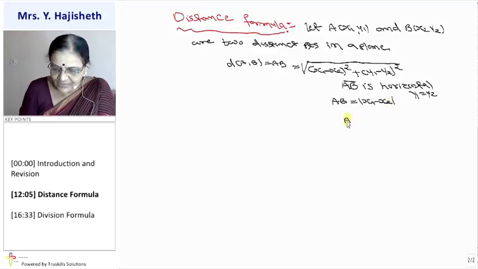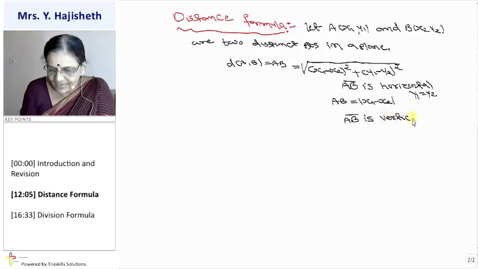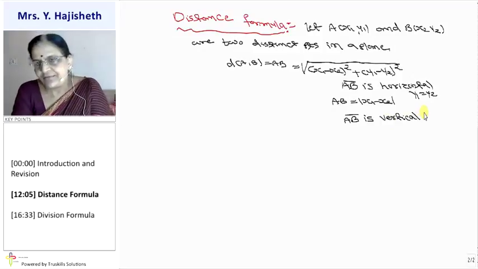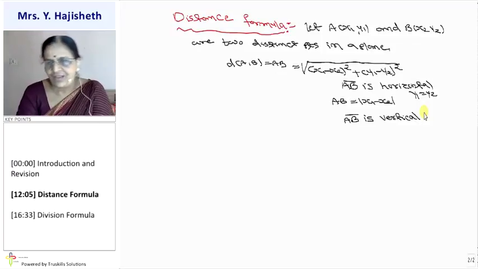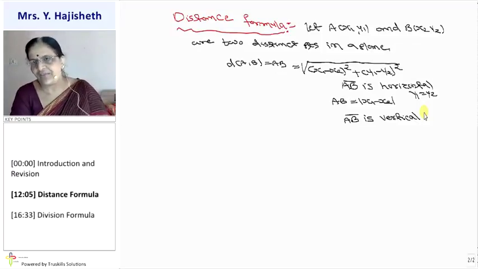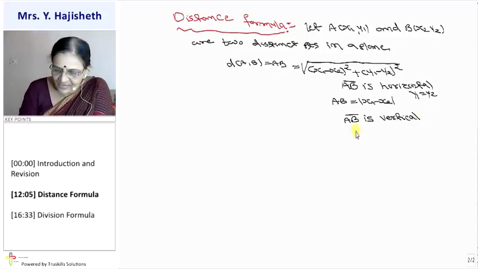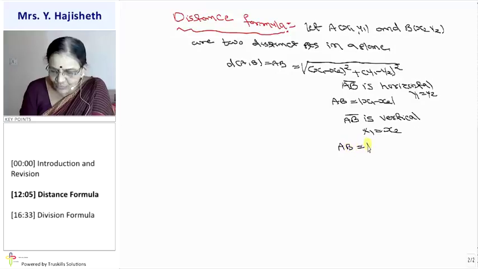If AB is vertical: any vertical line, its equation is x is constant. Any horizontal line, its equation is y is constant. So every point on a horizontal line has the same y coordinate, and every point on a vertical line has the same x coordinate. If AB is vertical, then x1 is x2. So what is your distance AB? Mod